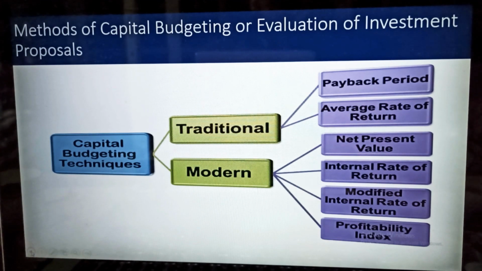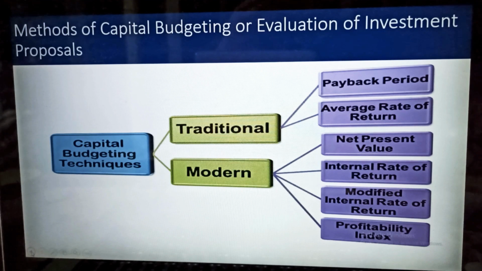Second, we have to compute the present value of the total investment outlay, that is cash outflows, at the determined discount rate. If the total investment is to be made in the initial year, the present value shall be the same as the cost of investment. Then we have to compute the present value of total investment proceeds, that is cash inflows, and this should be profit before depreciation and after tax. Then we calculate the net present value of each project by subtracting the present value of cash outflows from the present value of cash inflows.